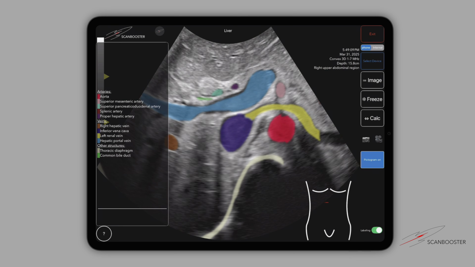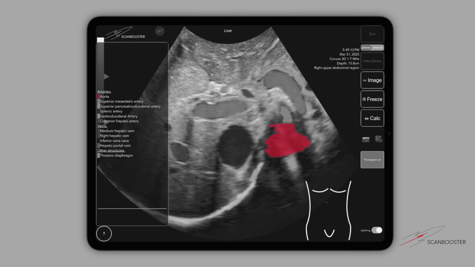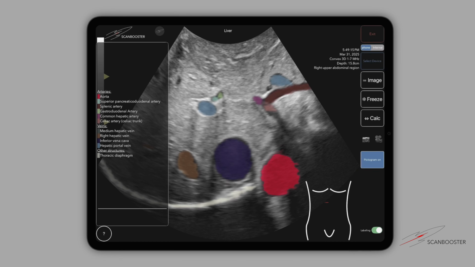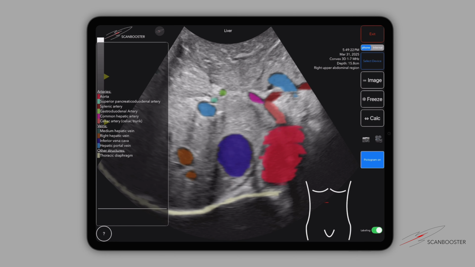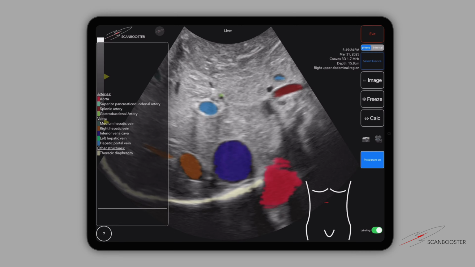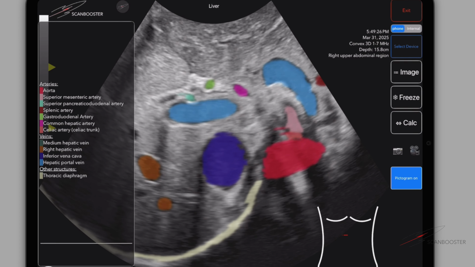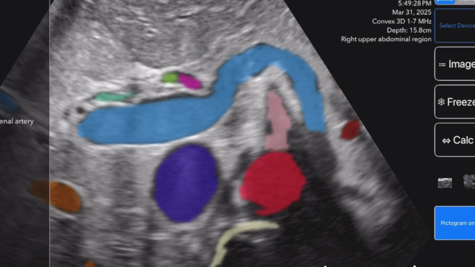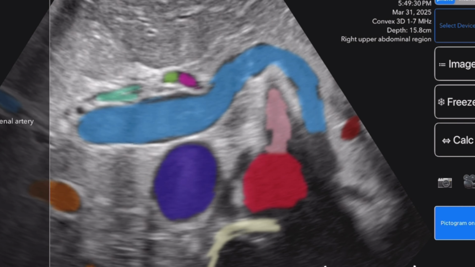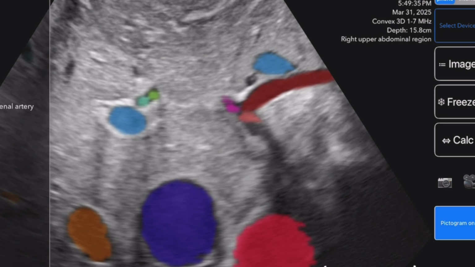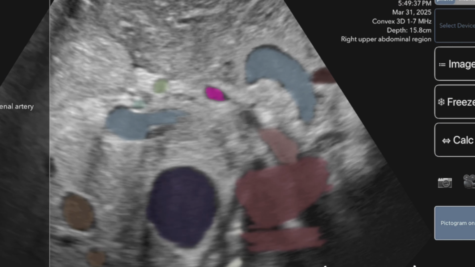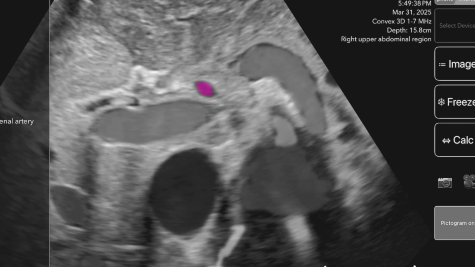To properly identify this artery in an ultrasound scan, it's best to first locate the aorta, shown in red. The first abdominal branches of the aorta include the celiac trunk, which is salmon-colored here, and directly below it the superior mesenteric artery in light pink. The celiac trunk branches into the splenic artery, shown on the right, and the common hepatic artery, shown on the left in pink.